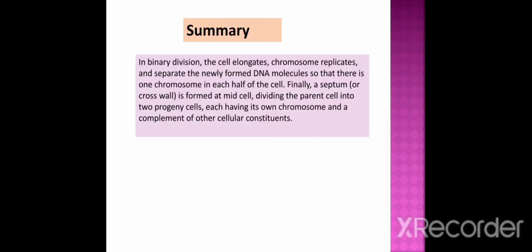Thus, in summary, in binary fission, the cell elongates, the chromosome replicates, and the newly formed DNA molecules separate so that there is one chromosome in each of the cells. Finally, the septum or cross wall is formed at the mid cell, dividing the parent cell into two progeny cells, each having its own chromosome and a complement of other cellular